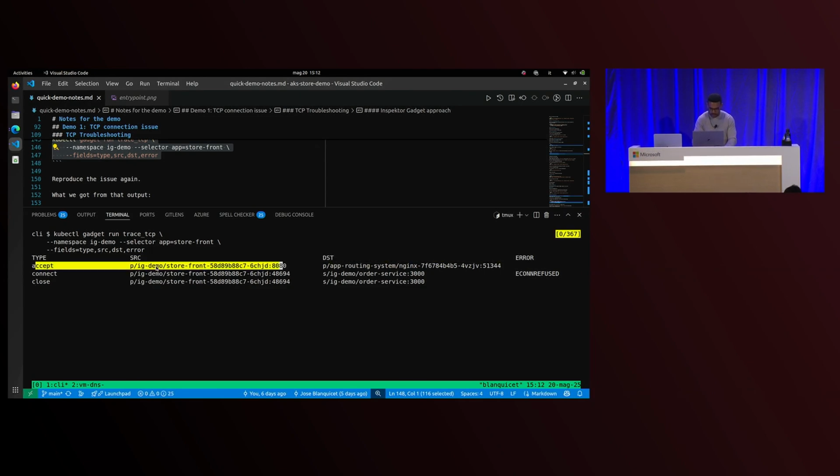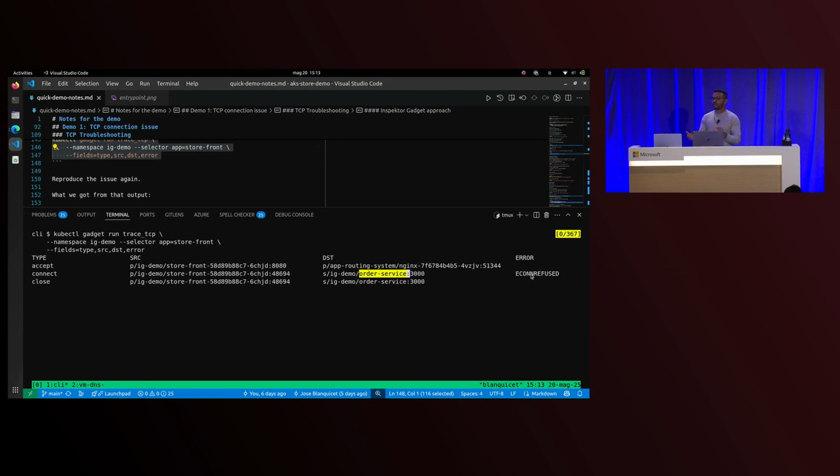It is an accept, so we have the storefront accepting a TCP connection from the app routing system. This is the ingress that we are using to expose the application. So we first accept the connection from outside to our application, and then we have this second one, the connect from the storefront trying to connect to the order service, and this connection is the refusal that we saw in the logs.